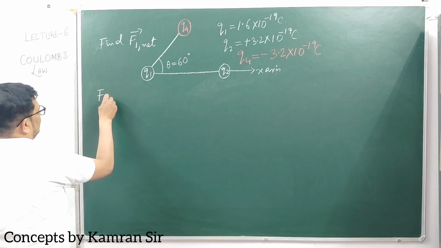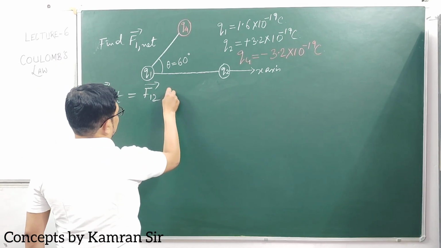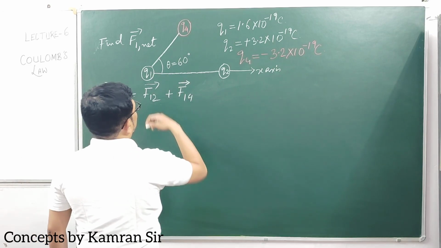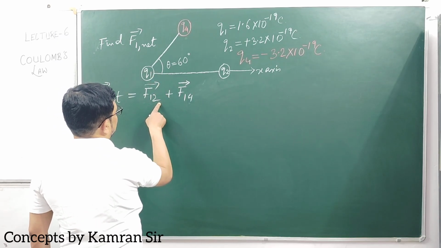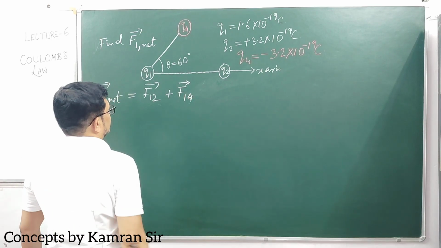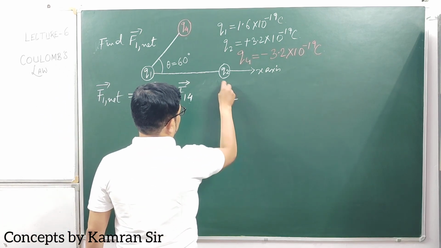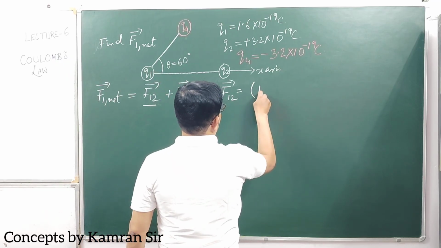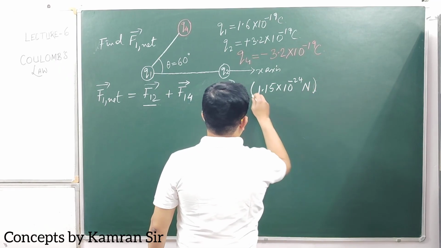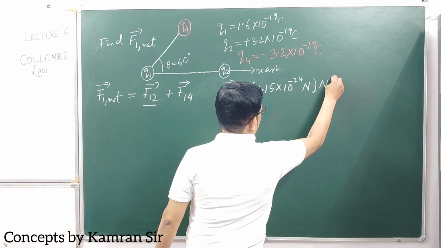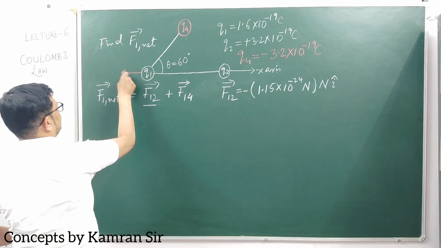So if you want to find F1 net, we have to vectorially add these two forces. That is force on 1 because of 2 plus force on 1 because of charge particle Q4. Because this is 4, this is 1, it is F12 plus F14. So these are the notations that we have used. Now let's see. We already know F12. In the last lecture we evaluated F12. I'll write the values. It was 1.15 times 10 raised to the power minus 24 Newton. And the direction was towards negative x-axis. So I have placed negative i cap, showing the direction is in this direction. So F12 is in this direction,